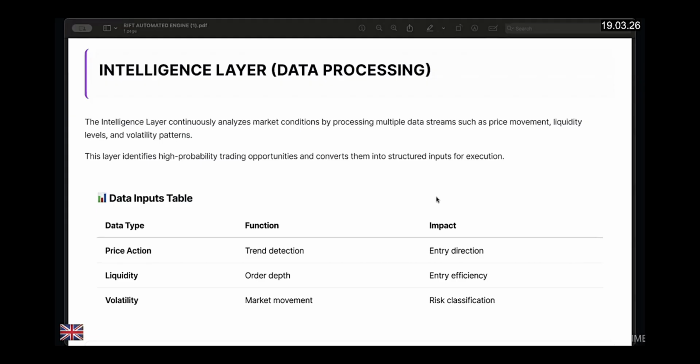The intelligence layer analyzes the price, liquidity, volatility of the market, and it also understands the trend direction, whether the market is going bullish, going bearish, breakout levels, momentum of the market, then liquidity, where orders are getting placed more, where price can move easily, because everything is being driven by the intelligence layer,